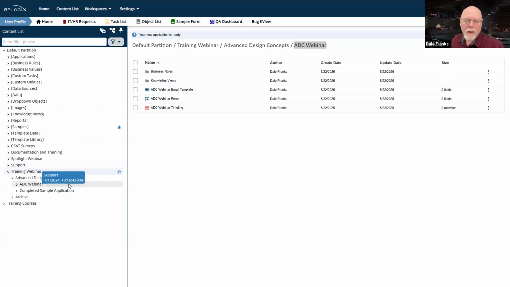So just as a quick explanation of how the template library works, you have this folder, or you should have this folder. You may not. If you don't, you can just create it, or we have a set of pre-existing templates that we've created that are very generic that you can download from the support website, and you can install the template library and the template data folder from that application. But if you don't have a template library and you're not particularly interested in having our templates, you can just create a folder called template library. It should be at the root of the partition, and it should, of course, have the square brackets around the name.